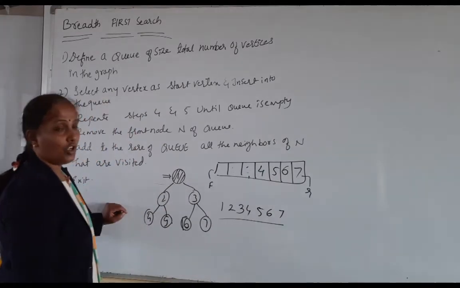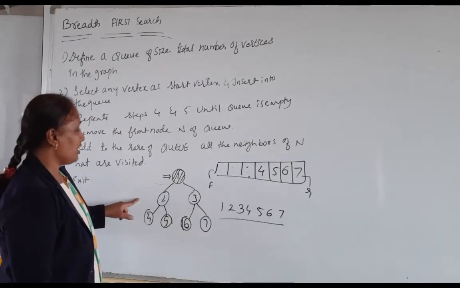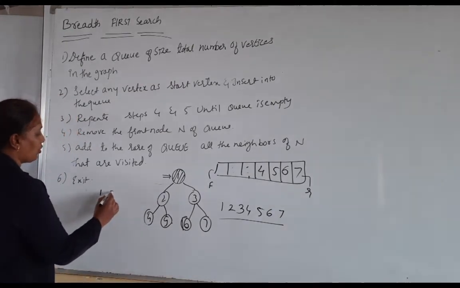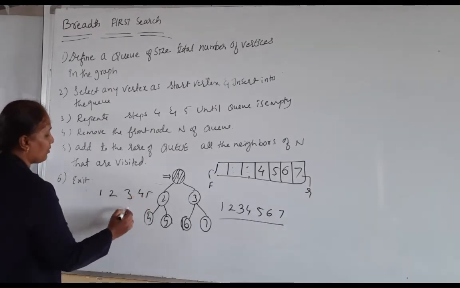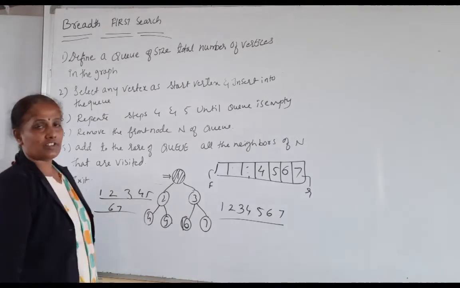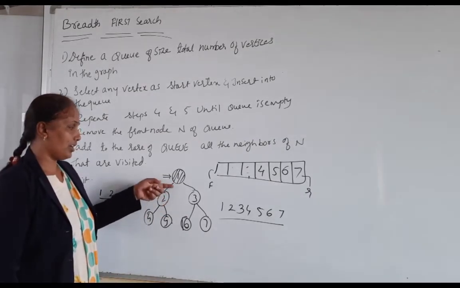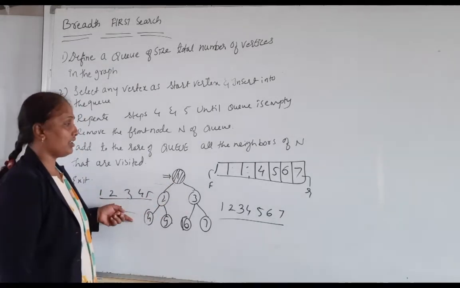So this is the order that I get, the deleted order. Okay. So here, what is the inserted order of that? 1. Then I am going to insert 2, 3. Then I am going to insert 4, 5. Then I am going to insert 6, 7. So the order of this BFS is a level order. However the tree levels come, you get the same entries or the same insertion order here.